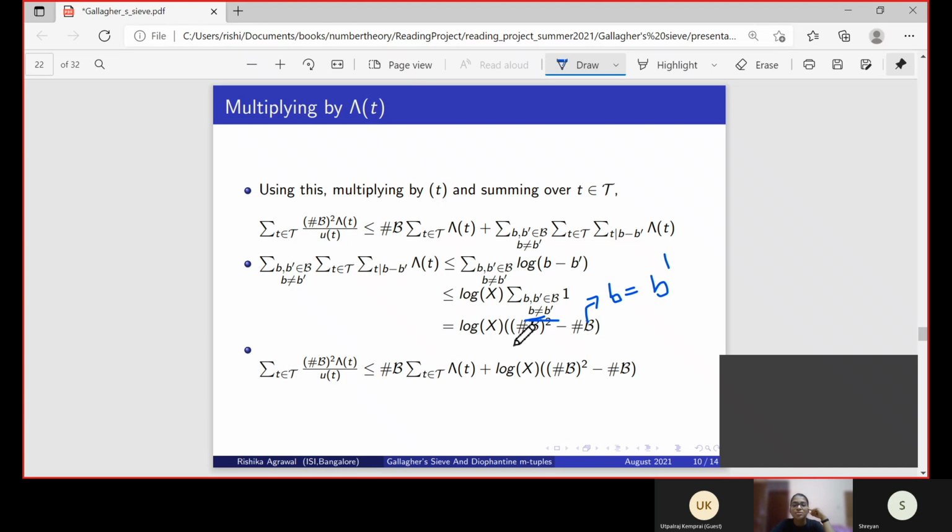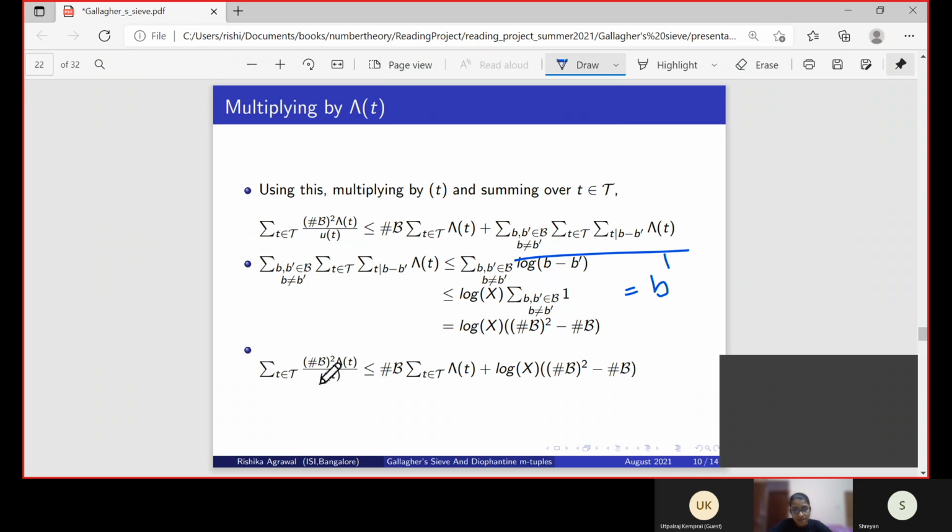Okay, and the size of b whole squared, because we are considering b and b prime belonging to b. So this is size of b whole squared, and the second condition that b not equal to b prime implies that size of b squared minus size of b shall be there. Okay, so after this, just putting what we have received here through estimating this term, we'll again put it into our original equation, and we'll get